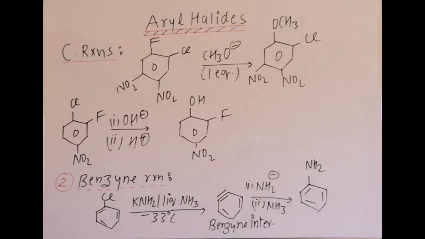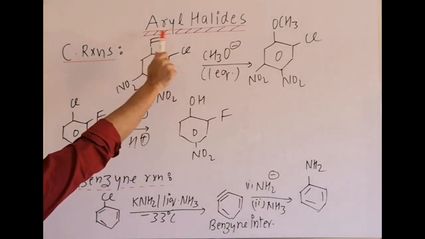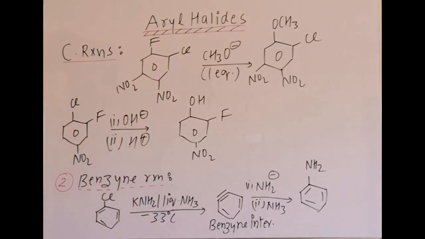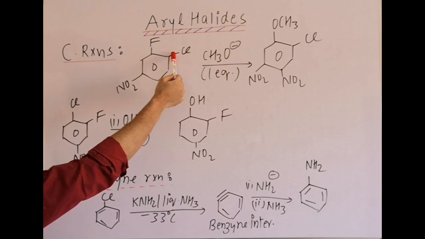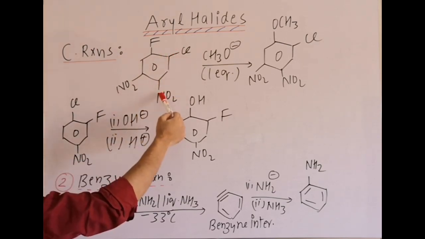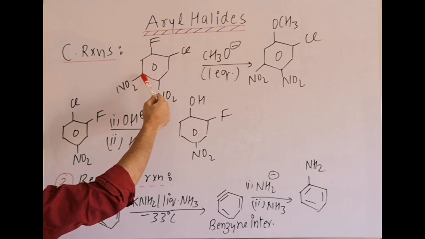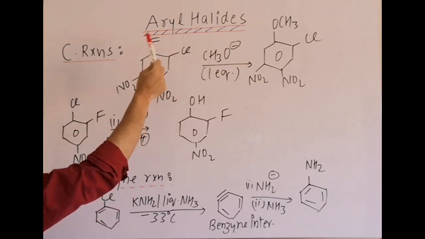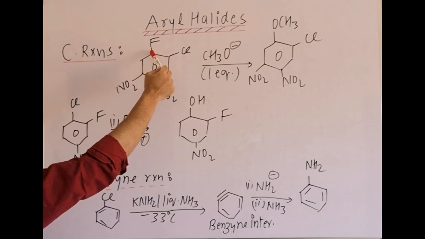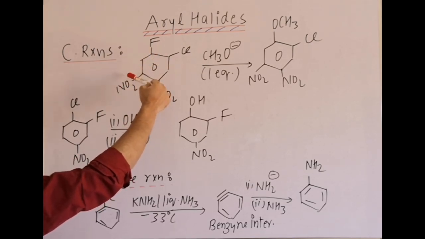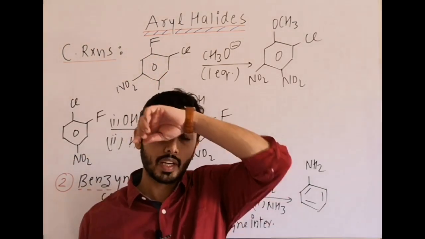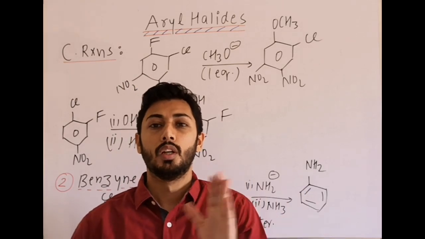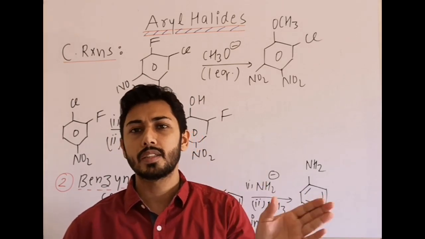Now here there are two possibilities, one is fluoro, one is chloro. Firstly we check at which position we are getting more electron withdrawing effect. Suppose I am checking the carbon which is connected to the halogen Cl. It is getting the -I effect of NO2 at the meta position, and at the para position the -M effect, right? Then the fluoro carbon is getting the effect of NO2, which is -I through the meta position and -M. Now here the electronic effects are the same, both fluoro and chloro carbons are getting -I and -M.